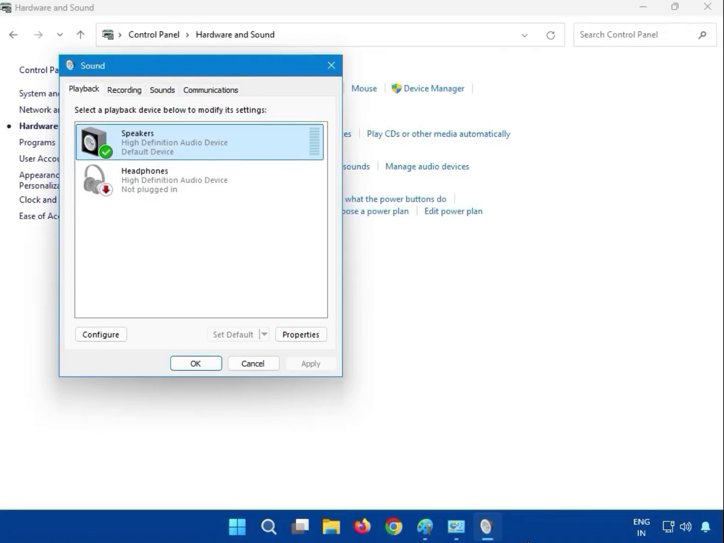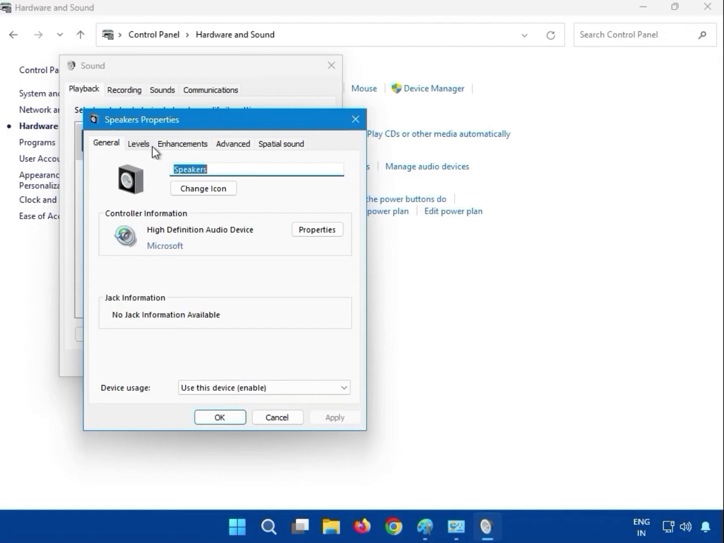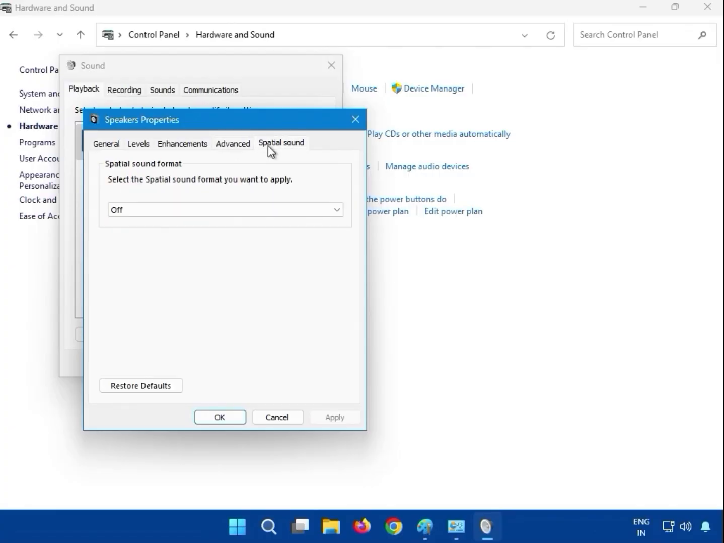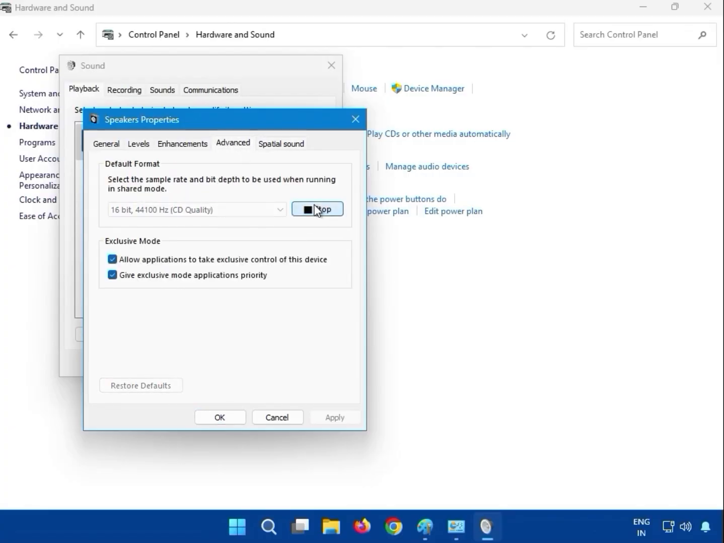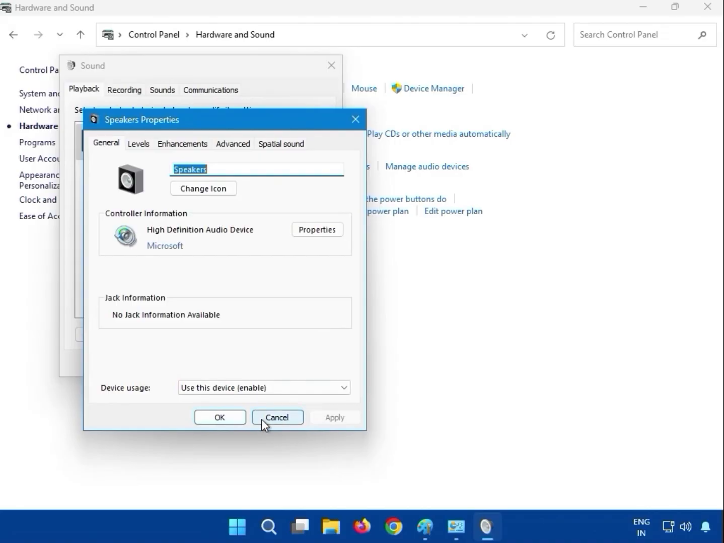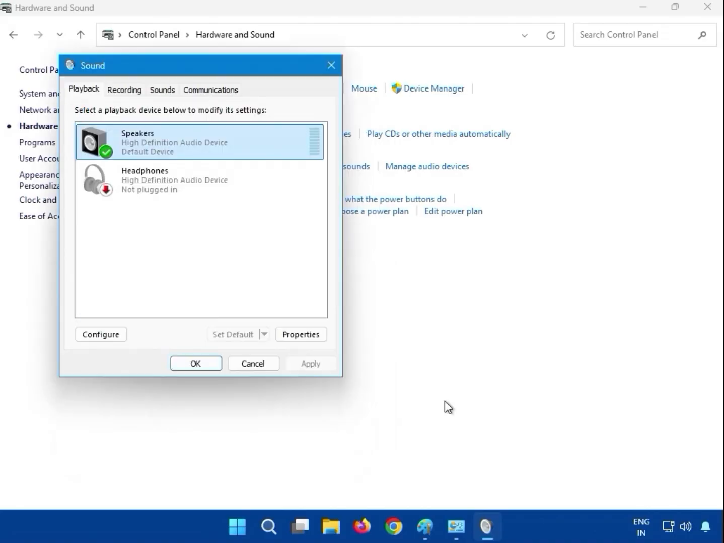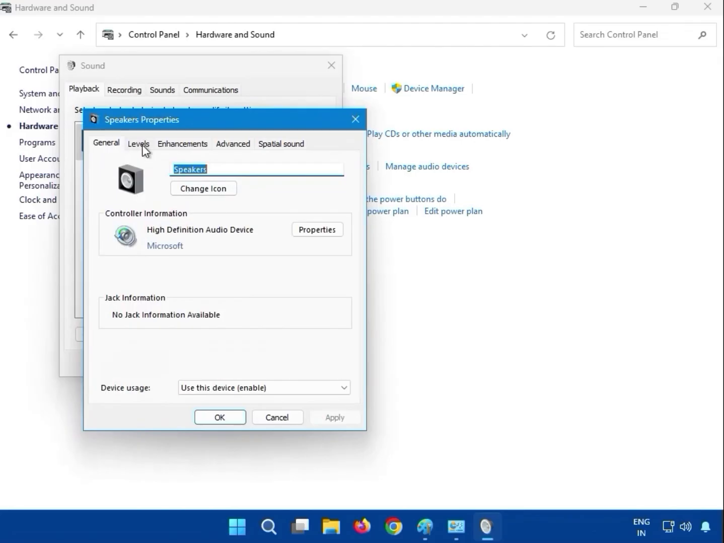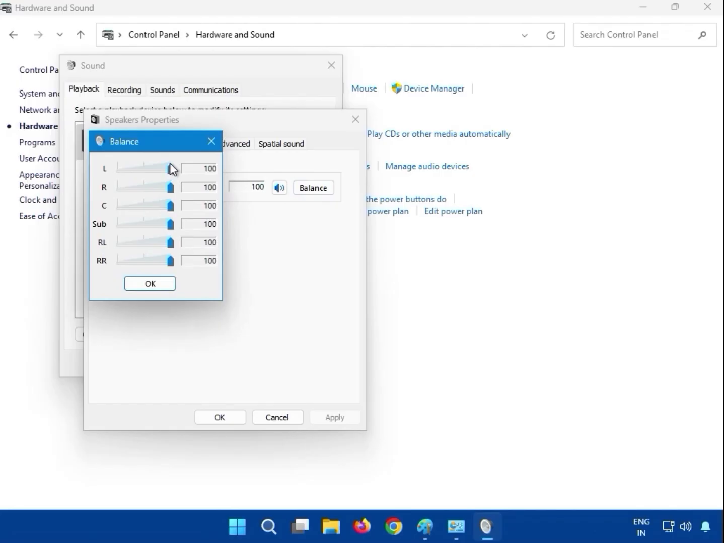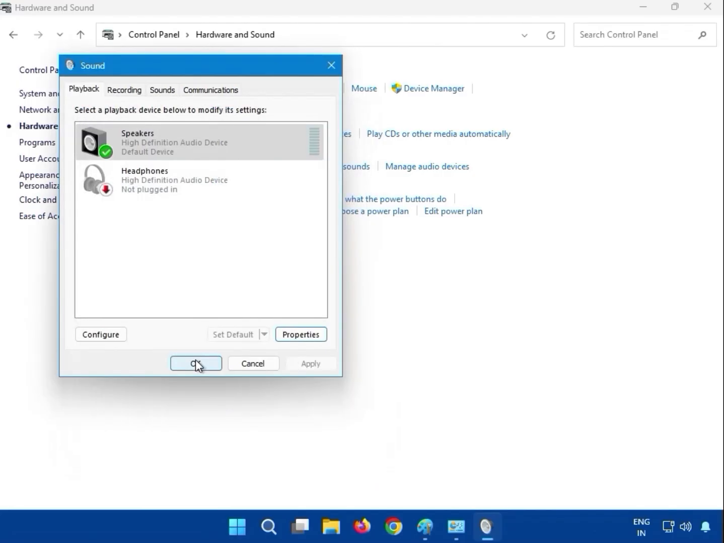Okay, then just double click and click to. You can see here like that. Okay, click on Properties. So guys, select the level 100%. Okay, and you can see here balance on 100%. Okay, and then OK, and then OK,